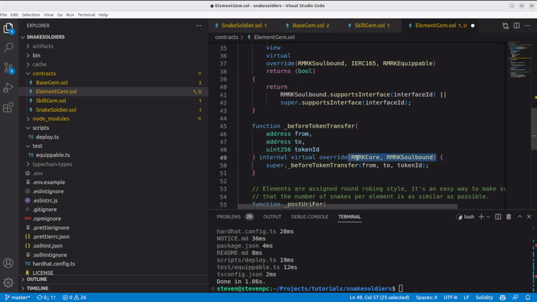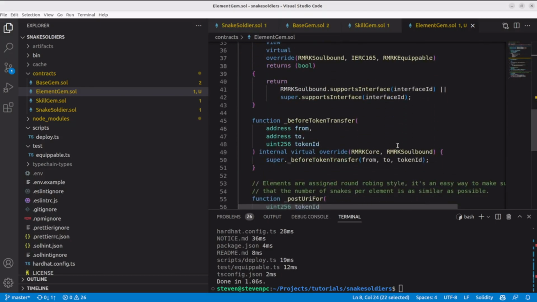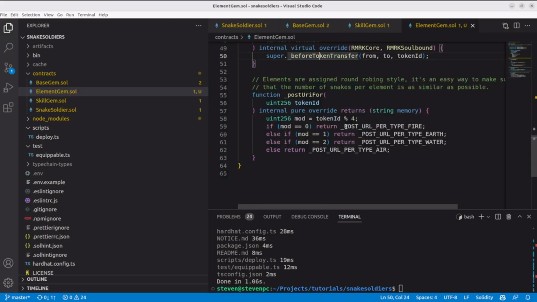Remember that if we don't put this here, if you had DAOs or what you should override, the interface should show you. And we will call super. Super will always call the rightmost contract that is defined on this override, not in the way when we inherit, but specifically here. So we wanted to call the before transfer specifically of the soulbound token. Why? Because this is which checks that if the token is soulbound, it shouldn't be able to be transferred.